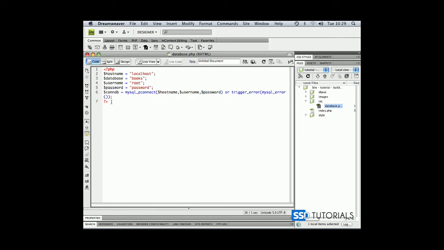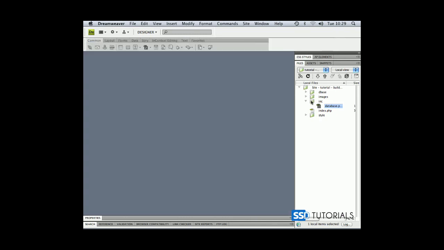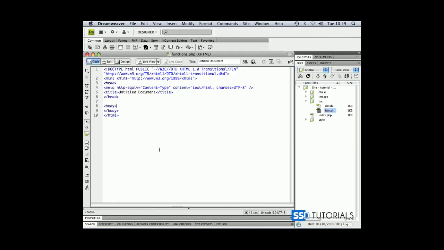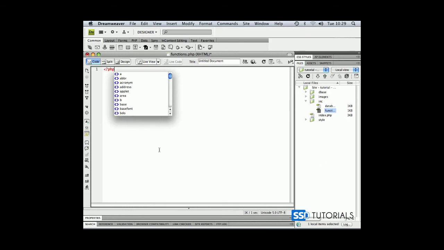So we've created our connection file with our connection. Okay, we can close it now. The next file we will be creating is going to be called functions.php. If we open that file, we can remove everything from inside of this file, and again opening PHP tag